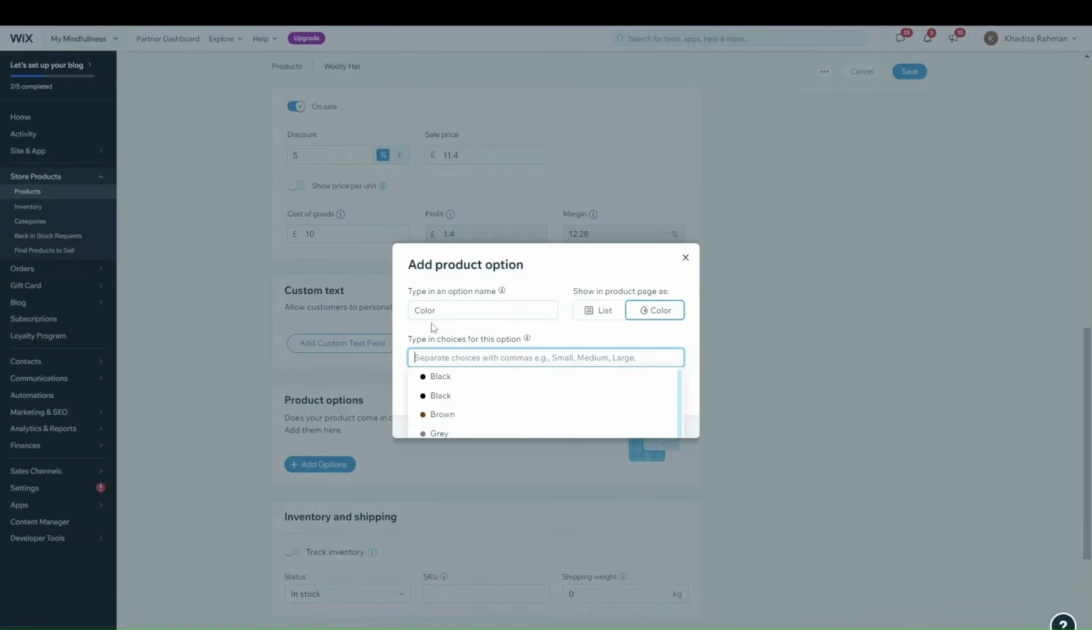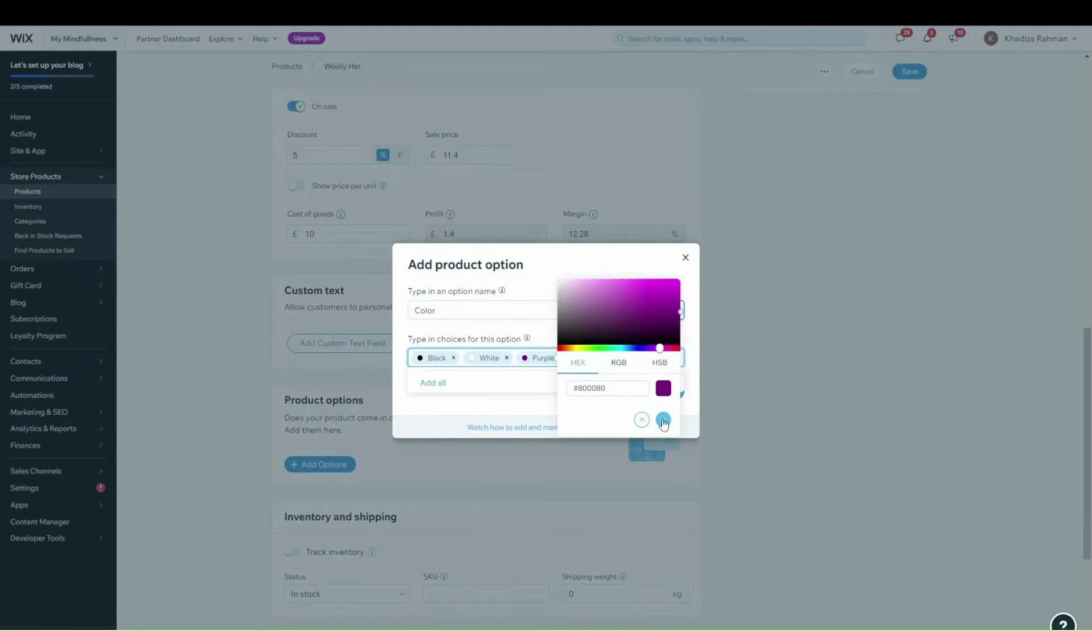And then once you've typed in what the option is, then you need to type in what the actual options are. So we'll say black, and we'll also say white as the color options. If the color that is listed in Wix isn't on it, you can also just type in your own color option as well, just by typing in the color option and then clicking